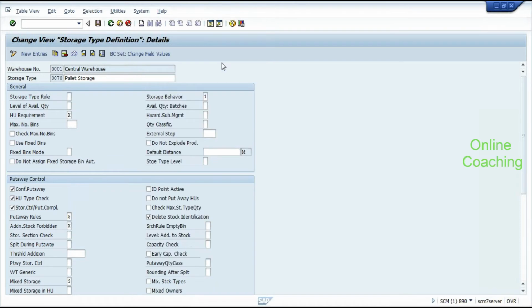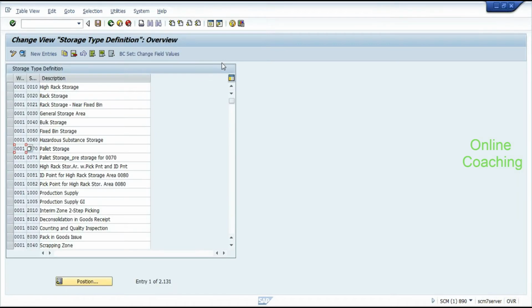So that is basically the put away rules. The next thing that we need to understand is what are the various put away strategies. There might be certain warehouses or certain areas within the warehouse wherein you don't want the system to determine where to place stock, because probably